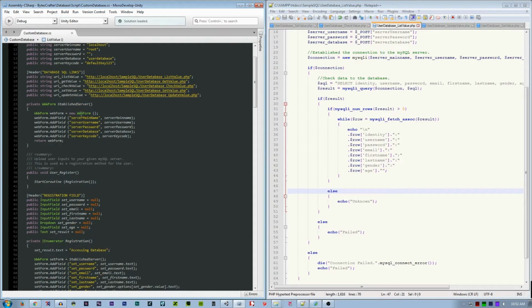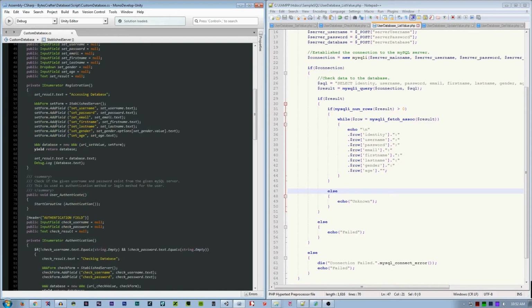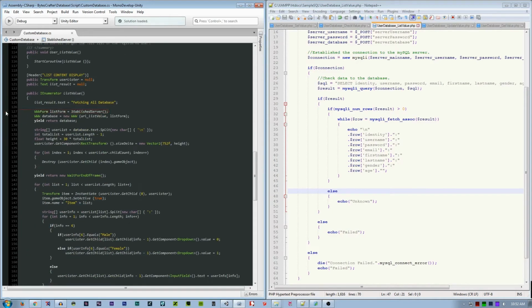Create a new WWWForm and then add field of all the server settings, including my personal server key code to add more security, and add that return that WWWForm. So here a new WWWForm, and then we use that to initialize a new WWW using the list view value.